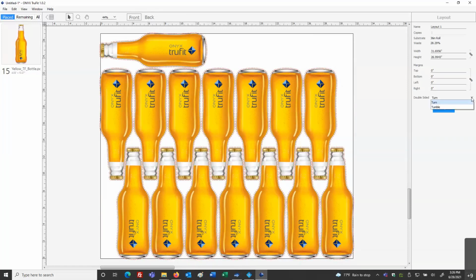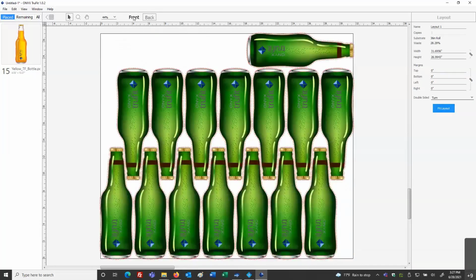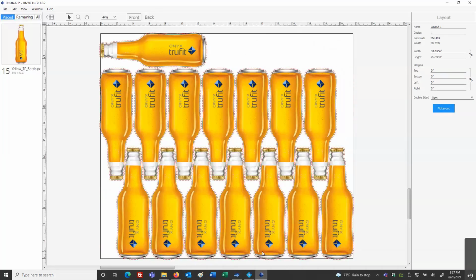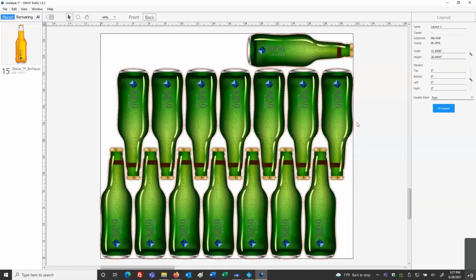You may remember the early terms of imposition and stripping, which was work and turn and work and tumble. Work and turn, as you see, is going to maintain the same bottom edge or gripper, and it's going to flip it based on the side, left and right side or side guides. So that's what's taking place here.